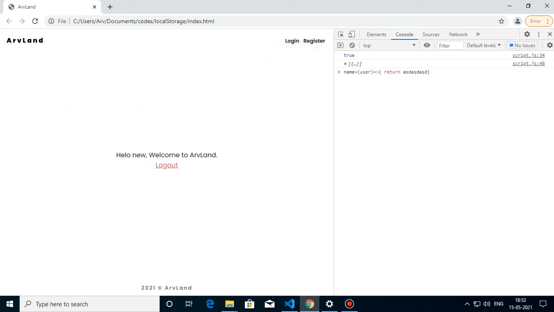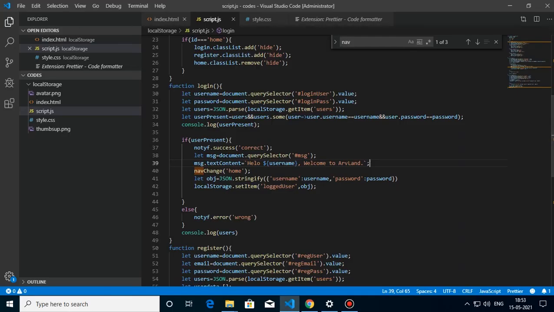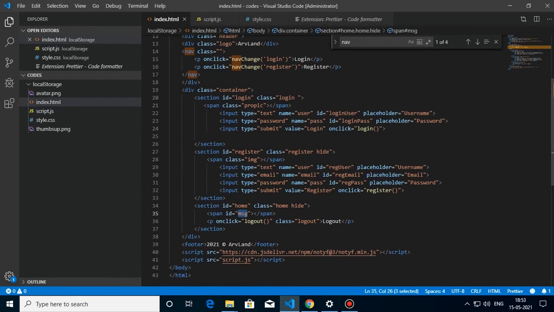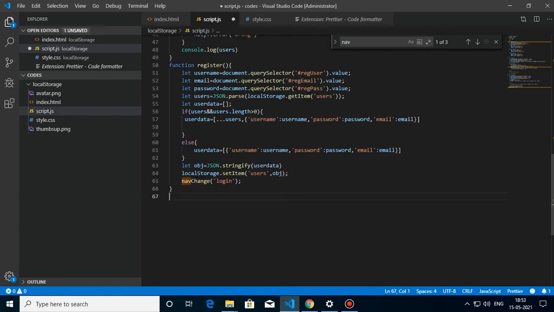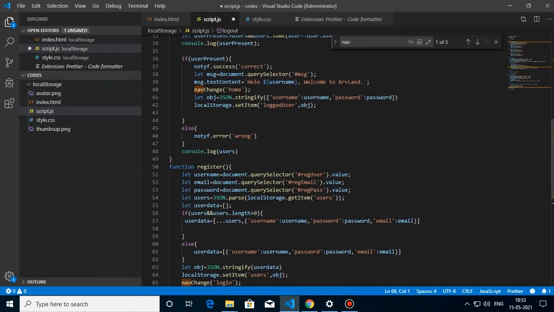Now all we have left is this logout function. You can see inside the home we have called the logout function, so we will define the logout here. Sorry, it should be a function. So inside the logout function, what I have to do is first of all remove this logged in user, right?